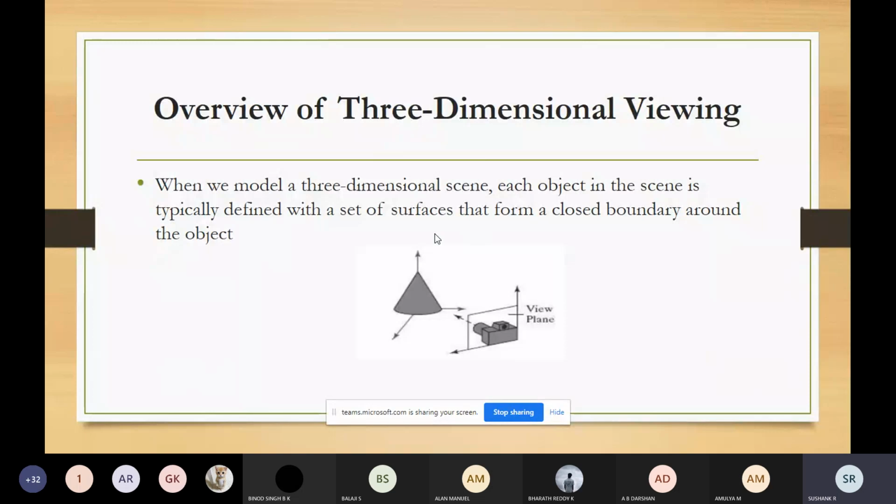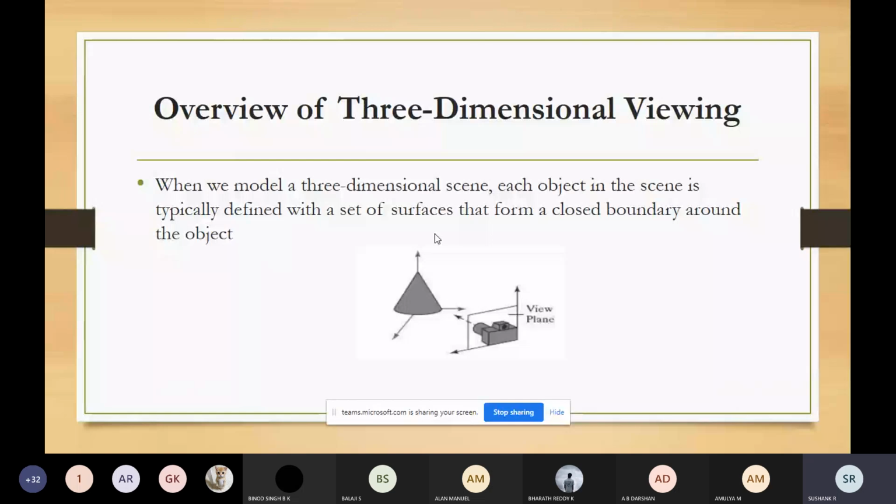For some applications, you should also specify the information about the interior structure of the object, and also give information about the surface features of the object. So that is how the 3D viewing takes place.